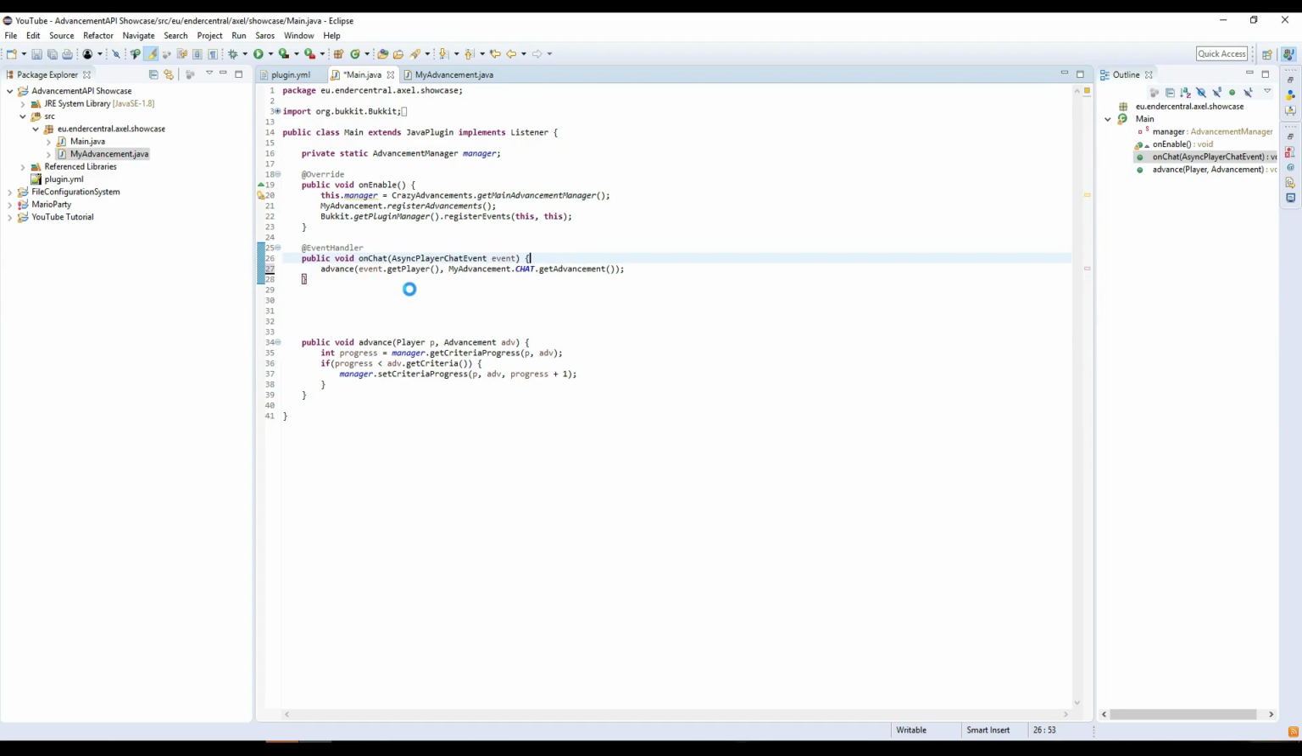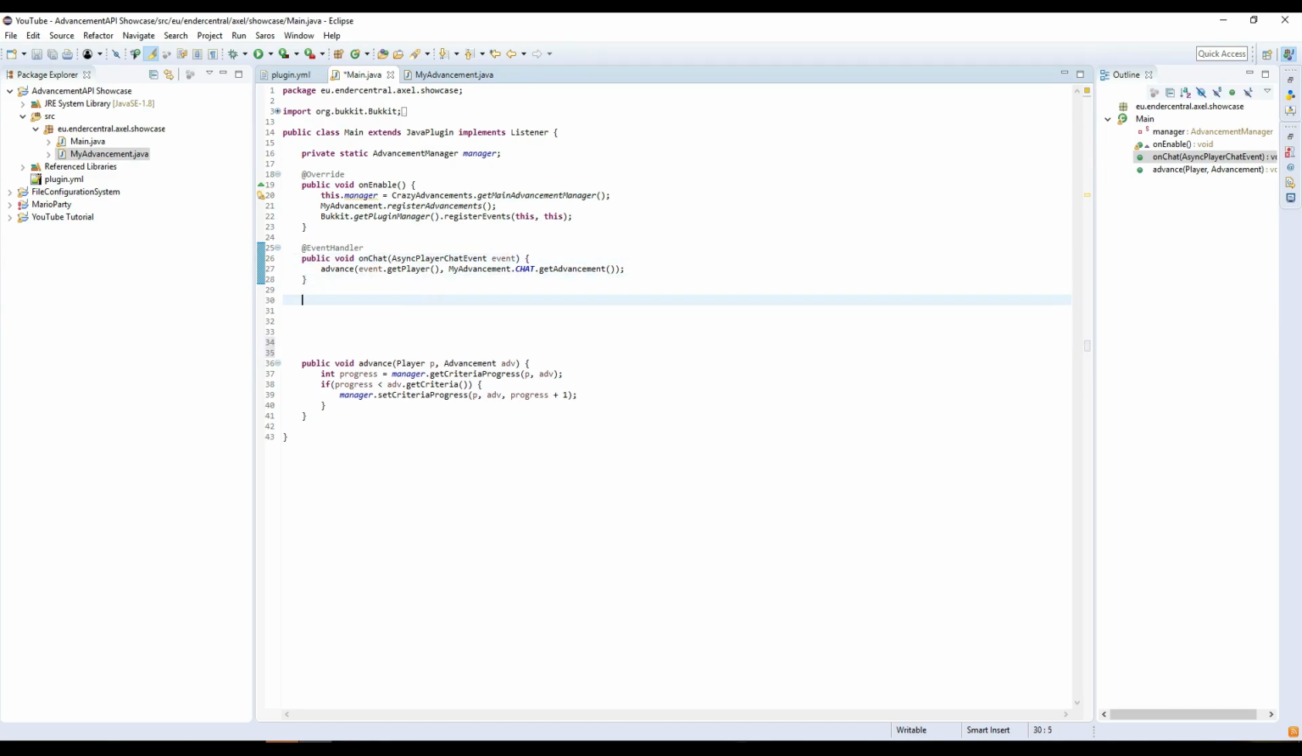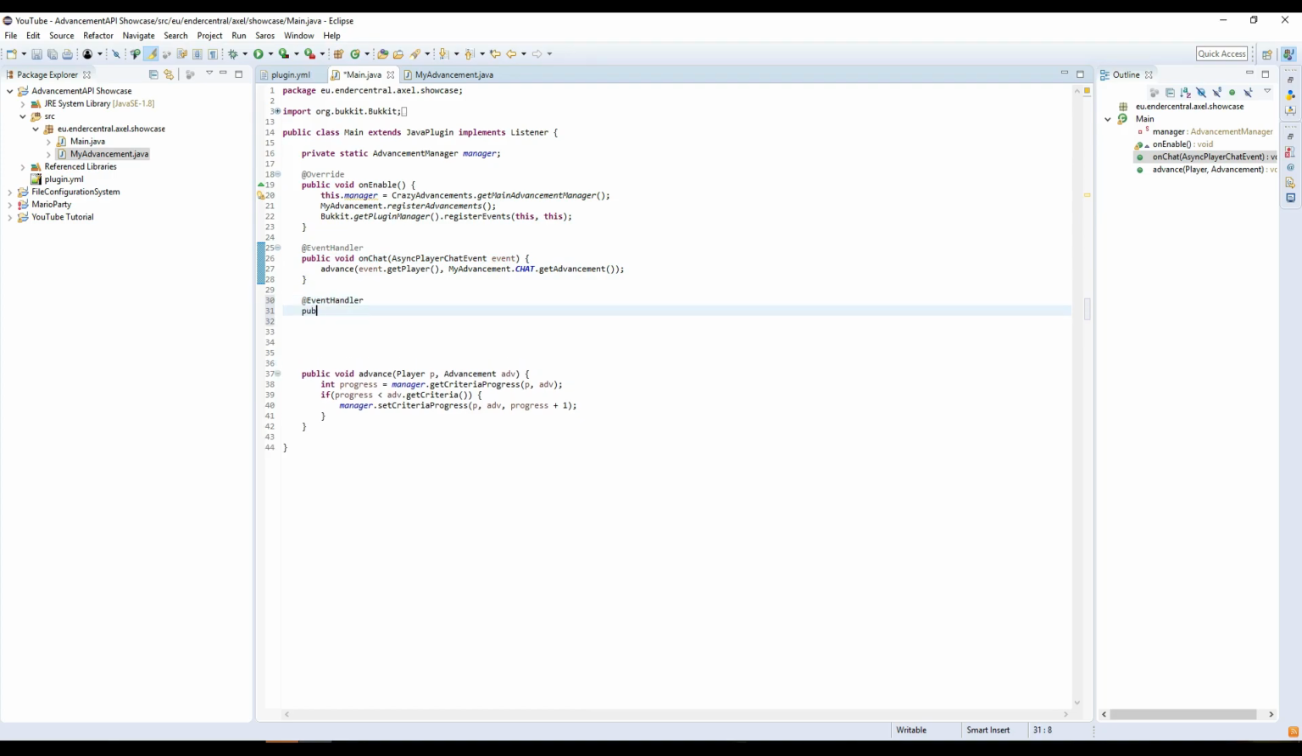Quickest way ever. As easy as that, and then we'll just get it. And the same applies to the craft. On craft item